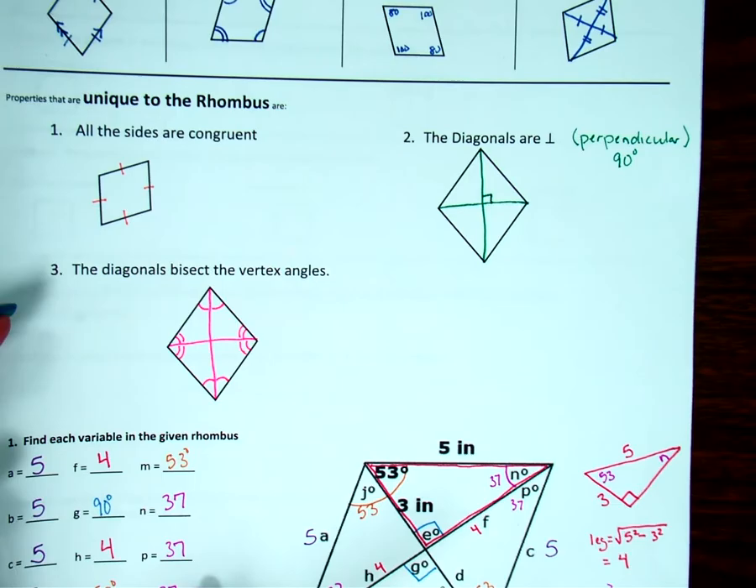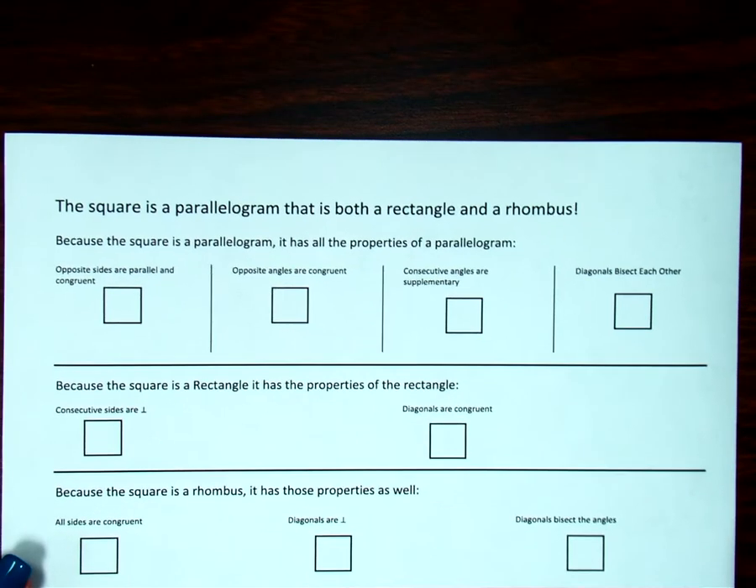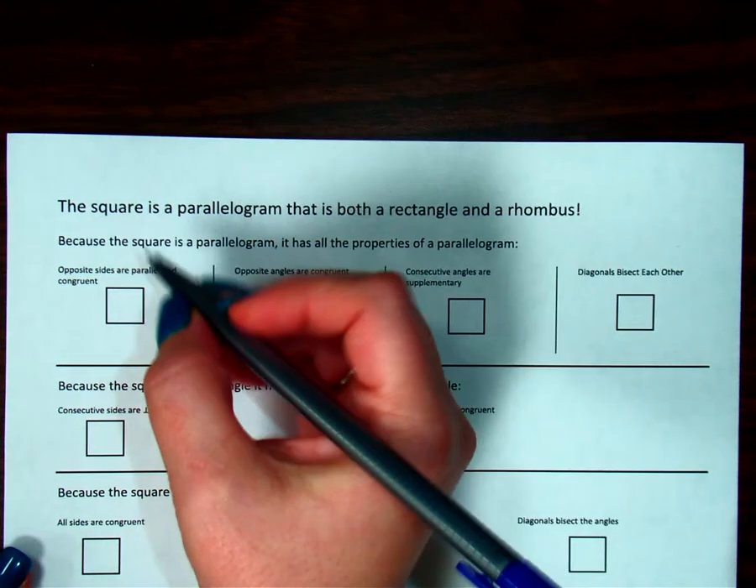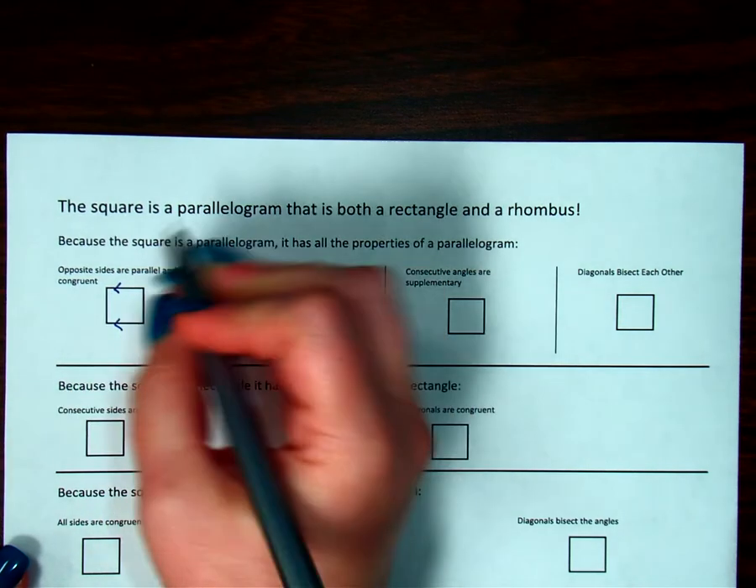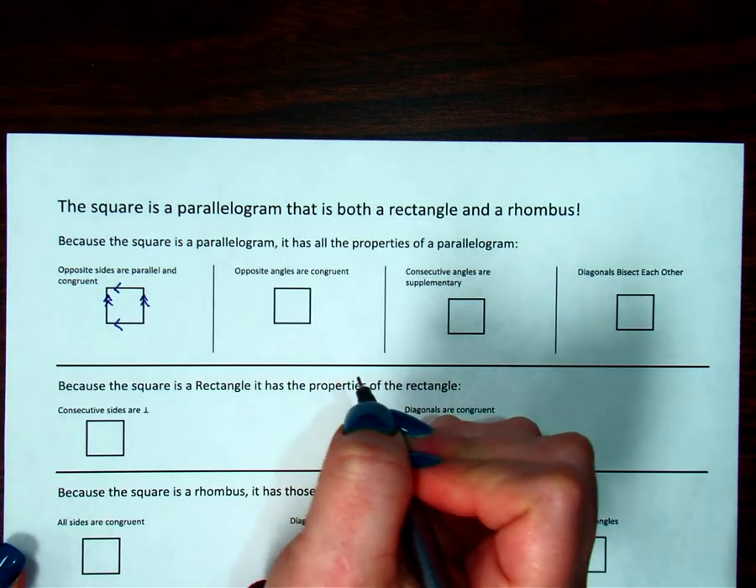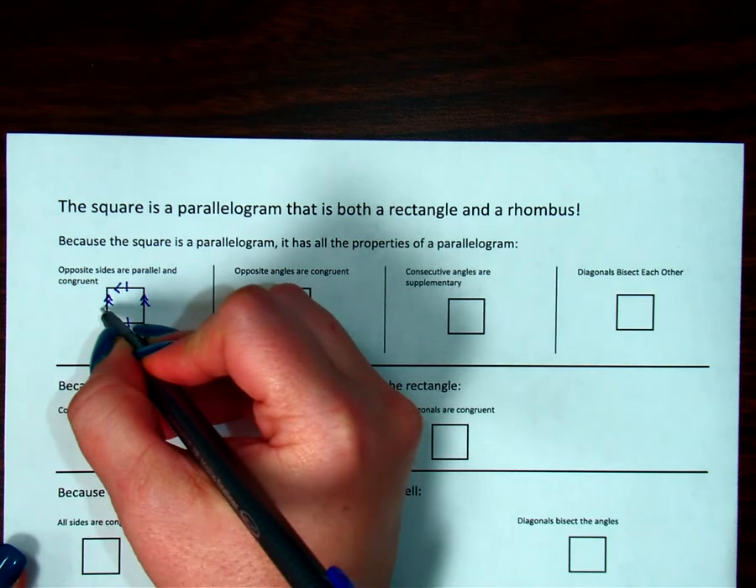Okay, now we're going to focus on squares. The square is a parallelogram that is both a rectangle and a rhombus. So because the square is a parallelogram, it has all the properties of the parallelogram. The opposite sides are parallel and congruent, so my top and my bottom are parallel. My left side and my right side are parallel. The opposite sides are congruent, so the top and the bottom are congruent, and then the left side and the